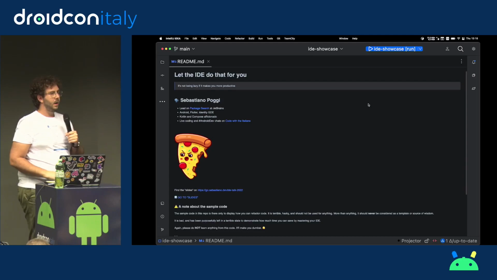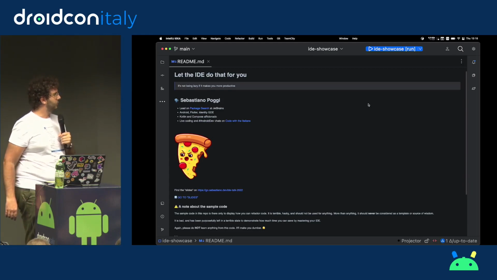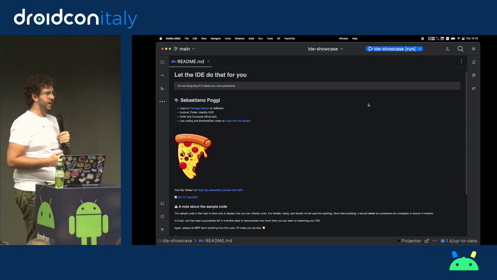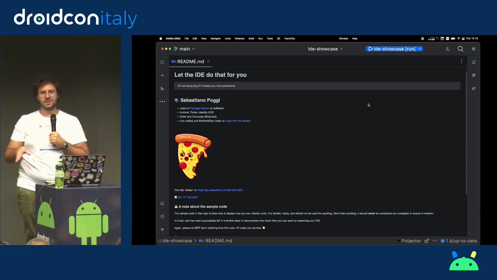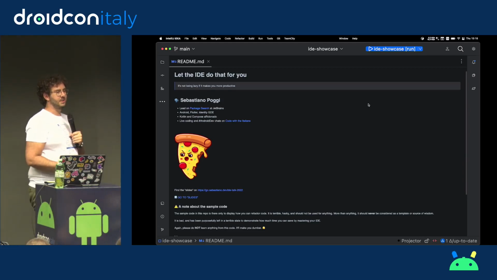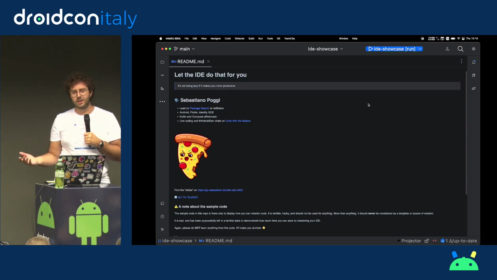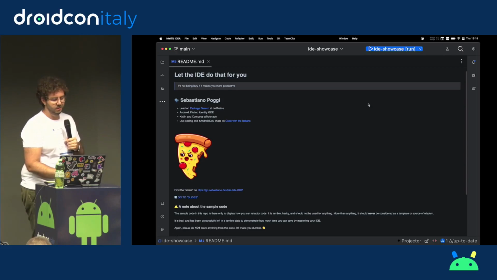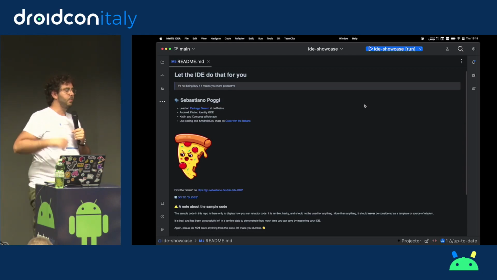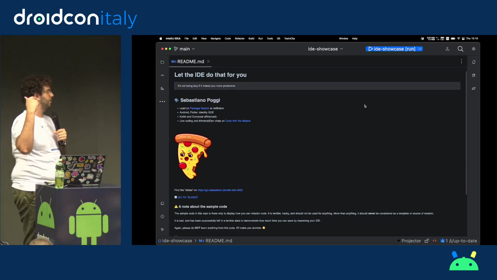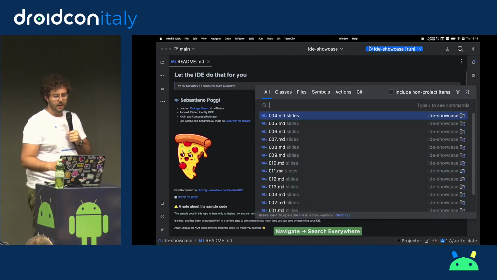Okay. So thing number one: if you're using your IDE and you do not know about Search Action and Search Everywhere, you're probably doing it wrong. I am trying to show you how you can do most of the stuff without the mouse, but I'm not the kind of person that will frown if you use the mouse, because I personally use both the keyboard and the mouse. But there are a few things that are undoubtedly better and faster when you use a keyboard. So the first thing you can do is to search for something. That can be a file, a function name, or an action. What you do is you tap the Shift key twice, and then you have everything.